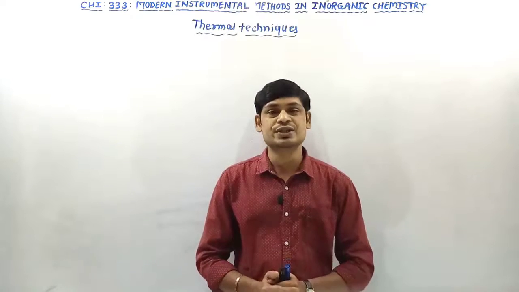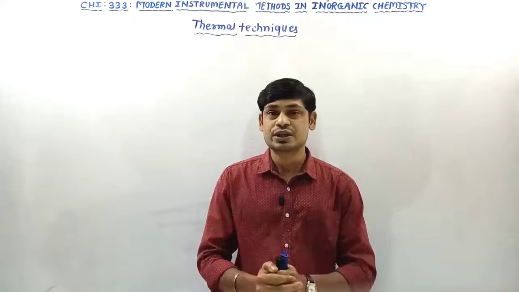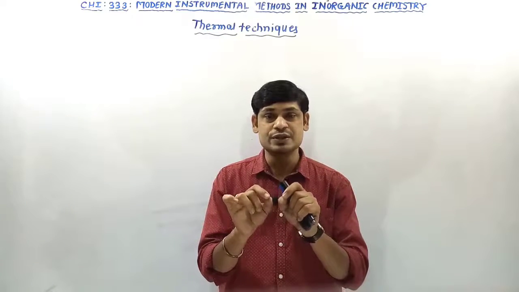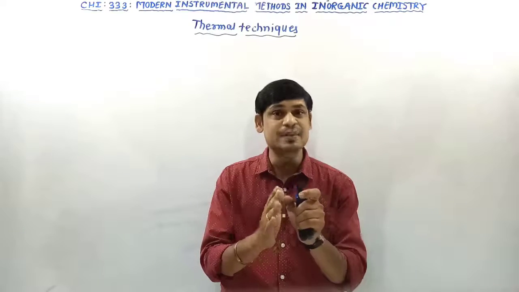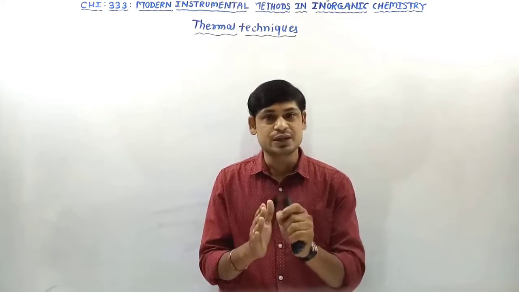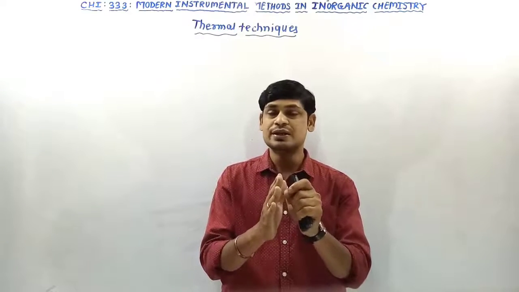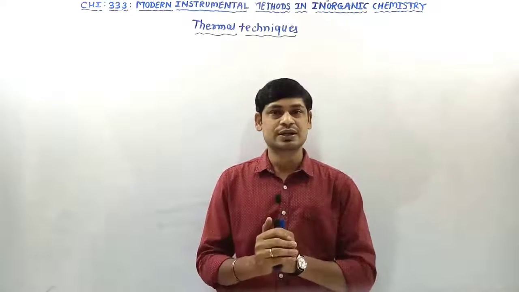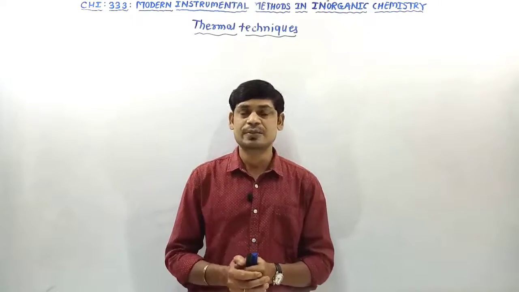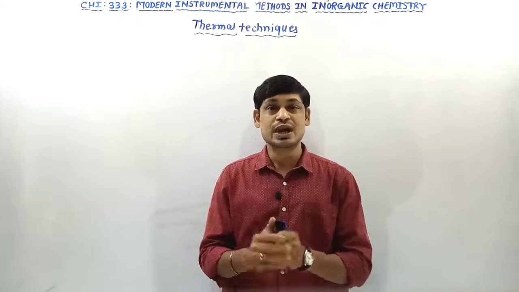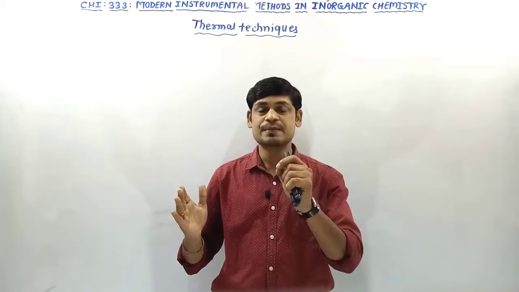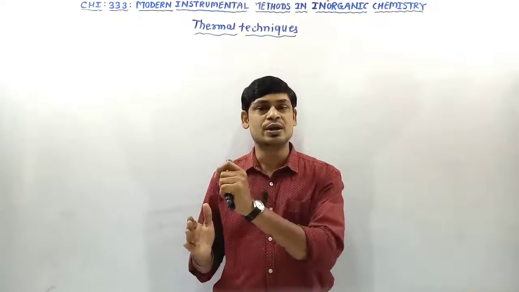Afterward, we discussed the instrumentation part. In the instrumentation, the two sample holders are placed in the furnace. The furnace provides a constant and uniform temperature to both the sample as well as the reference, and the temperature difference between sample and reference is recorded by using a thermocouple, that is the differential thermocouple. The information from the thermocouple is then amplified and recorded by the recorder, probably a strip chart recorder. It will give a graph in which the temperature difference is recorded as a function of time or temperature.